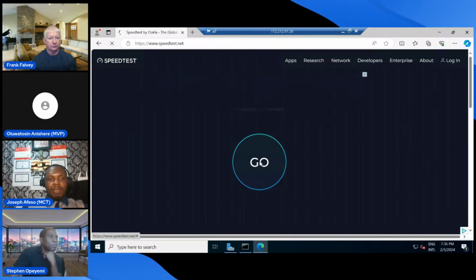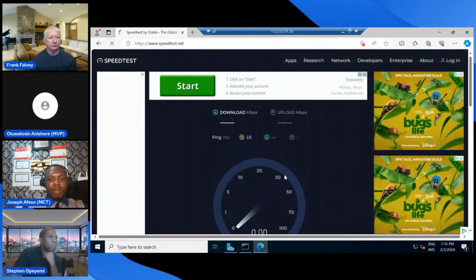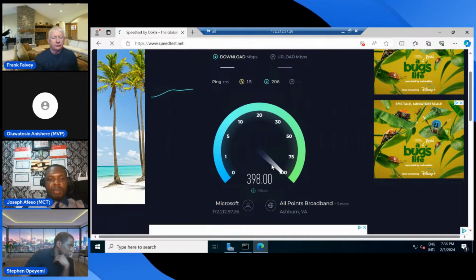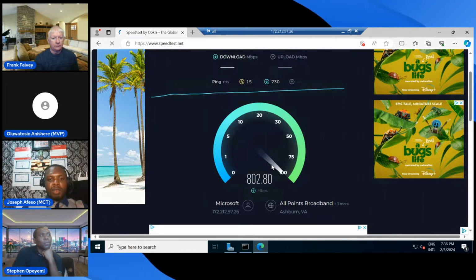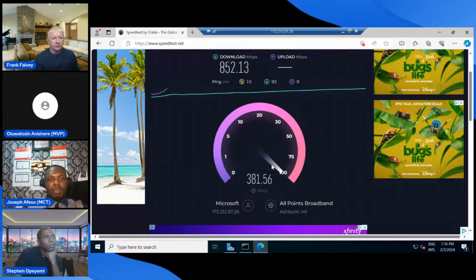You will see that the connection to the internet is going to be very, very high, because that is the benefit of using the Azure VM. I'm just using this to round off. You can see this is 560, 600 already. Let's see what it will bring out. 790, 802. Okay, so upload is 852.13.